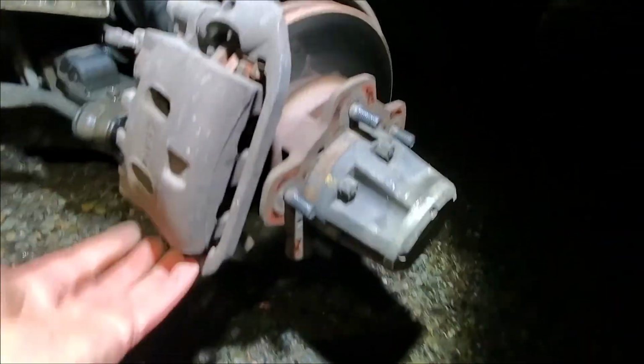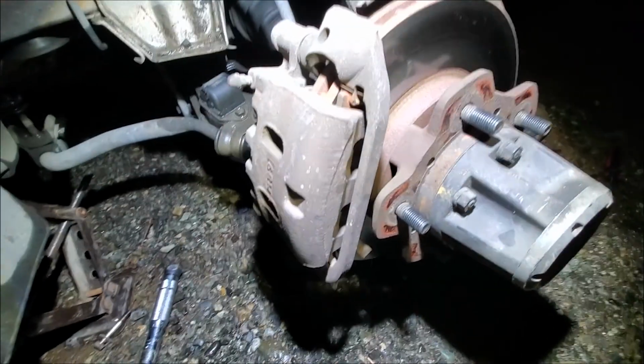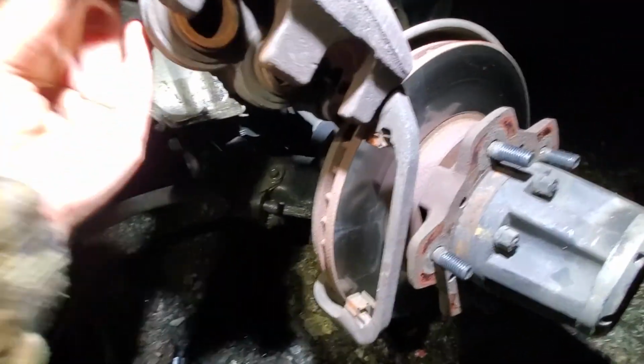So then we pull this up. If it's a little bit stuck, you might have to pry it. Let's get a pry bar. Got my brake pads out on the ground, and the next thing we're gonna have to do is compress the